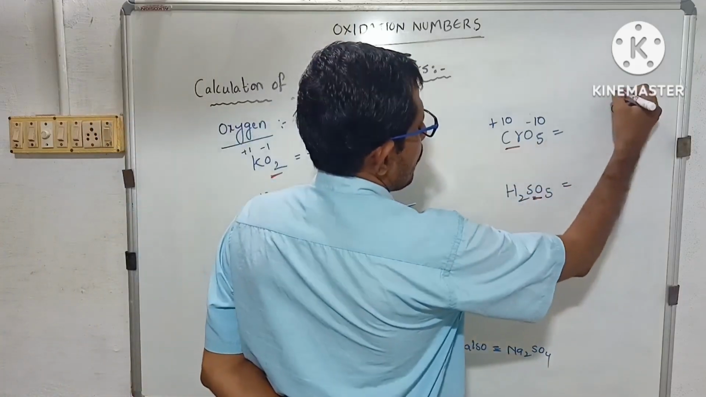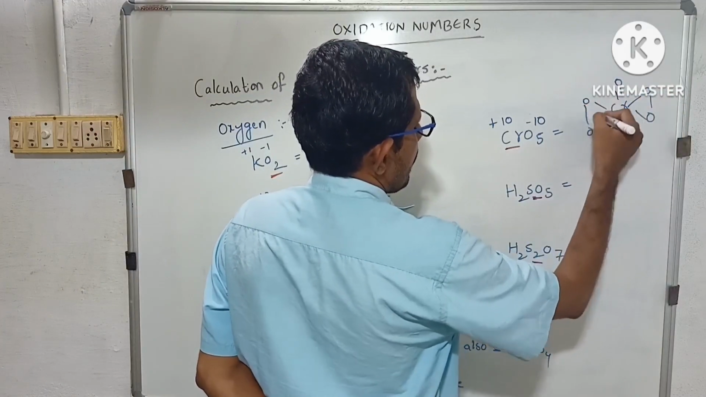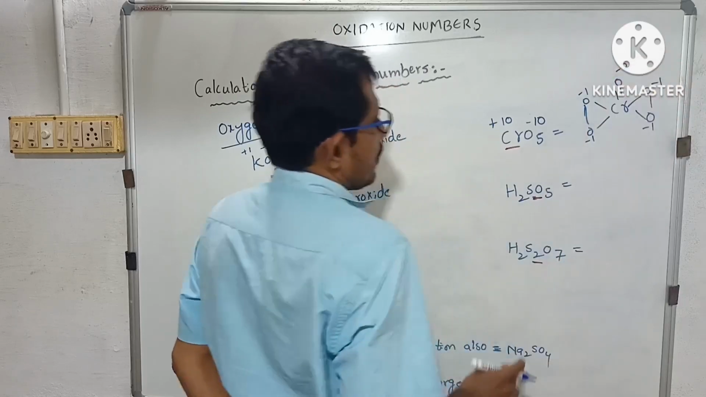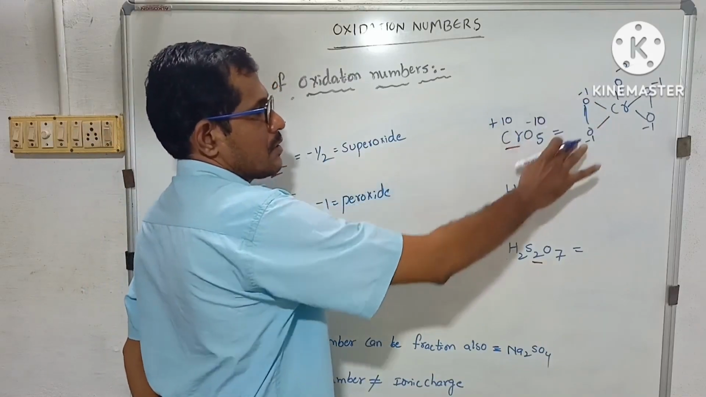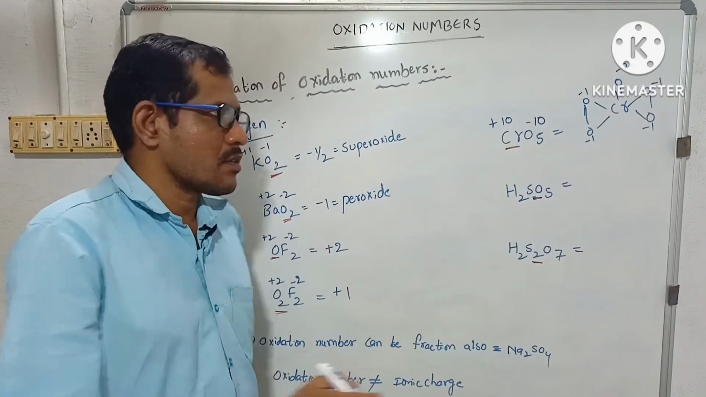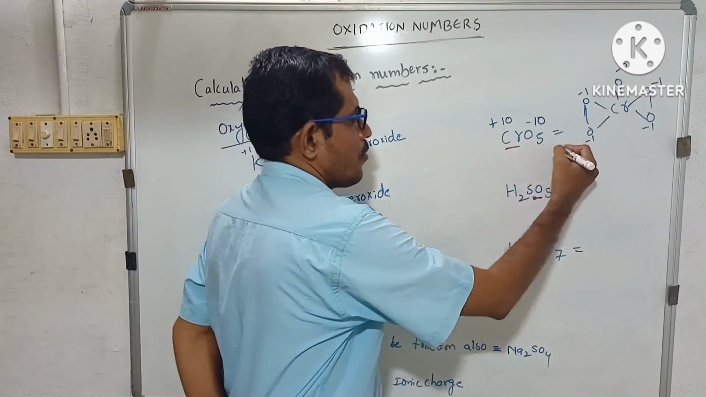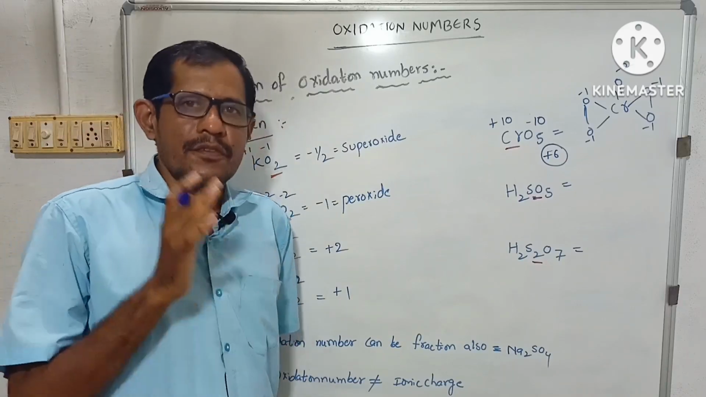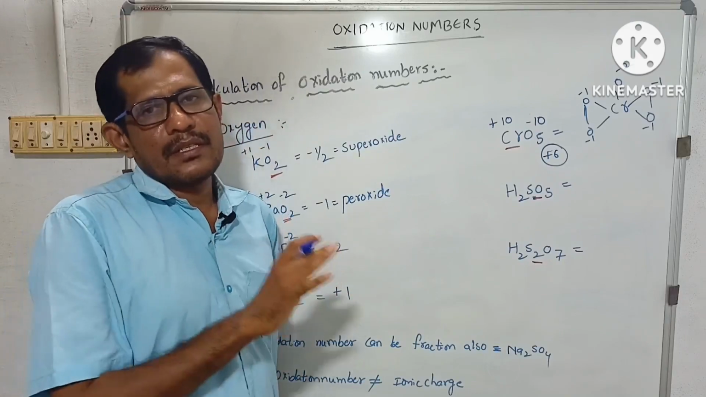If you write the structure of the CrO5, so minus 1, minus 1, minus 1, minus 1, minus 2. The 4 oxygens show minus 1 oxidation state, and the single oxygen shows minus 2 oxidation state, and the total chromium oxidation state is plus 6, right? If you get the oxidation number more than the group number, then you assume there is a presence of